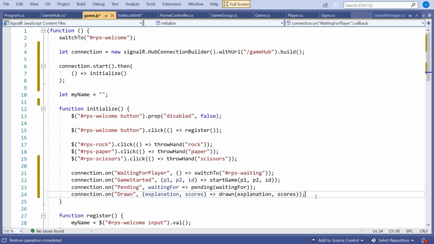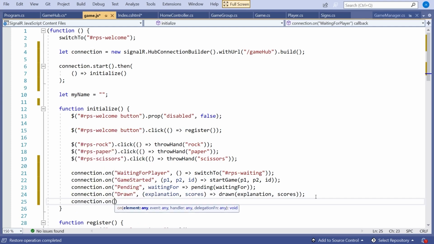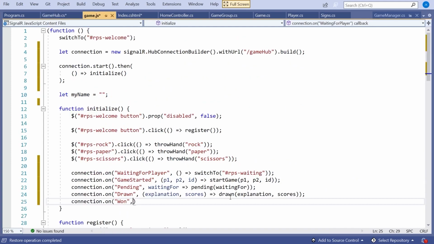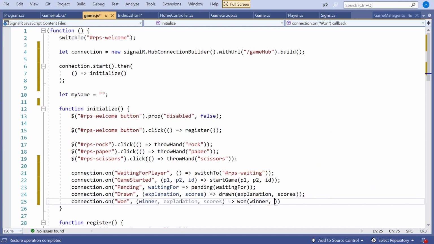And then the very last one, connection.on, and this was called won. Again, winner, explanation, and scores. So we're going to have winner, comma, explanation, and scores. And again, I've already predefined a method for that one that takes winner, explanation, and scores. If we scroll down to that, we can see it just prints out the results.